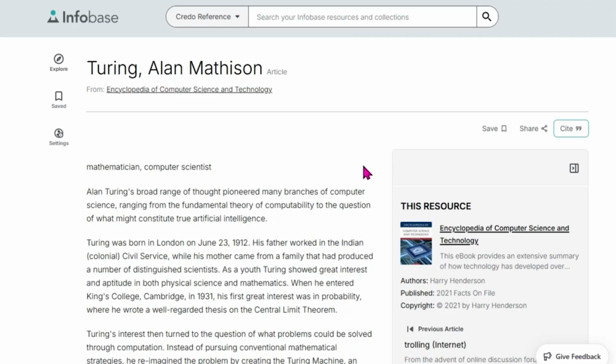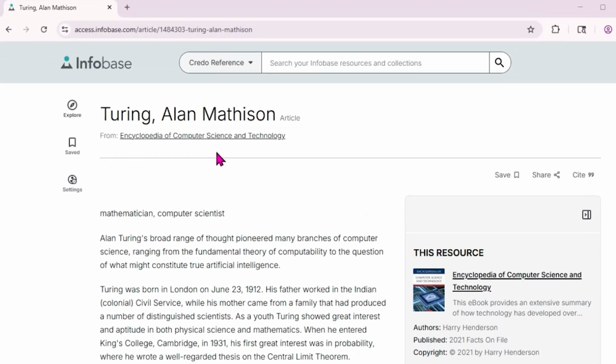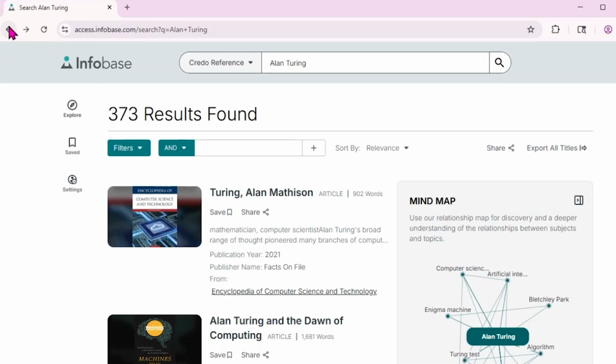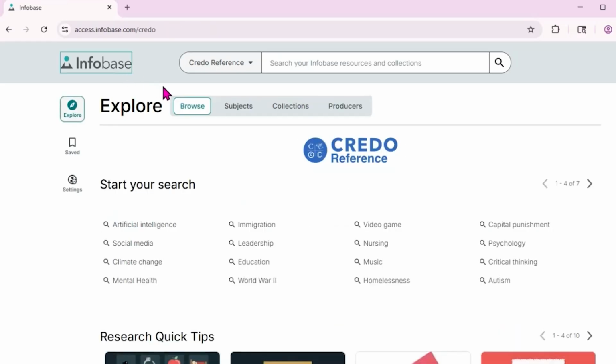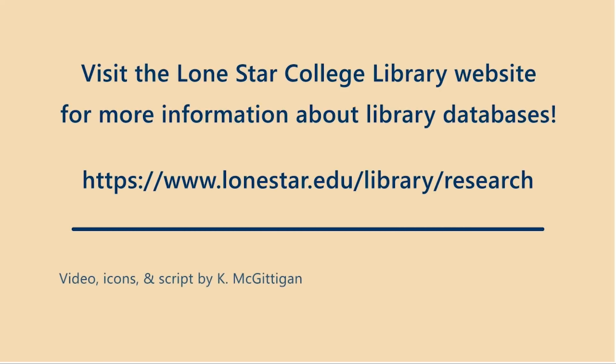The user clicks on the back button on the toolbar, and the web page returns to the results list. To get back to your search results, use the back button on your browser. The user clicks on the Infobase logo that appears in the top left of the page, and the browser returns to the Credo homepage. Finally, clicking on the Infobase logo will return you to the database's homepage and let you start a new search. The Credo website fades away to an end screen, which reads,